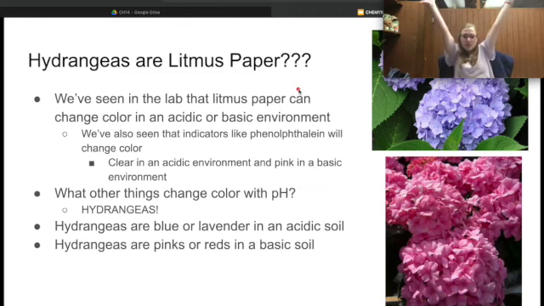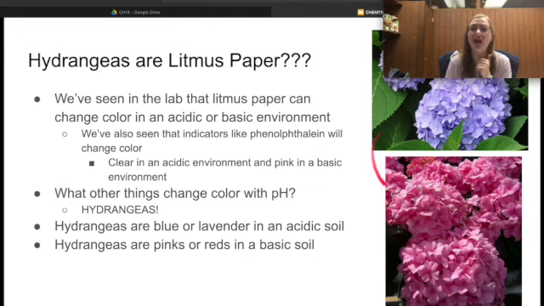Well, it's hydrangeas. So for a long time, my parents had the most beautiful hydrangea plant in our backyard. It was this wonderful lavender blue color. It looked just like this one up here. However, hydrangeas actually can have different colors of flowers based upon the pH of the soil, or the acidity or basicity of the soil. So, hydrangeas are blue or lavender in an acidic soil. So, our soil in my backyard must be just a bit acidic. So, we always had those lovely purple-blue